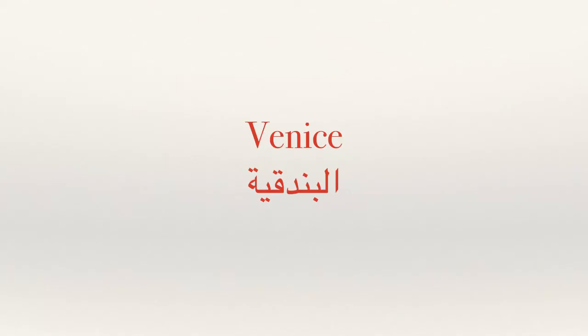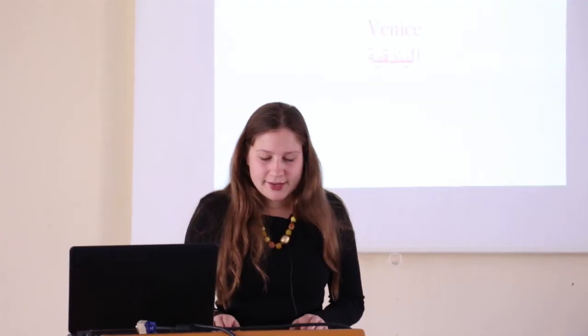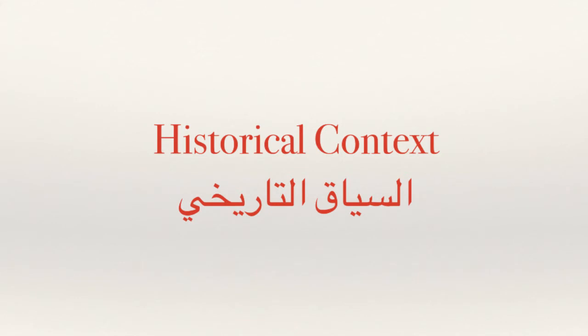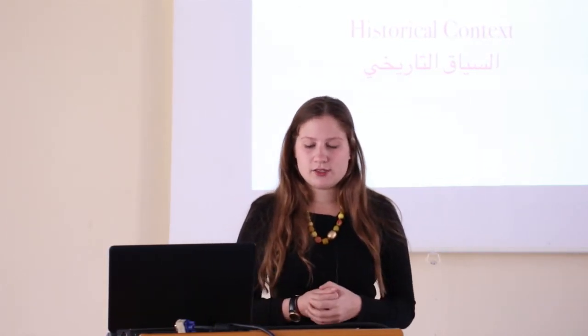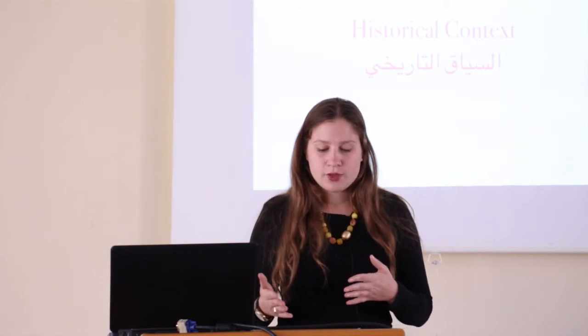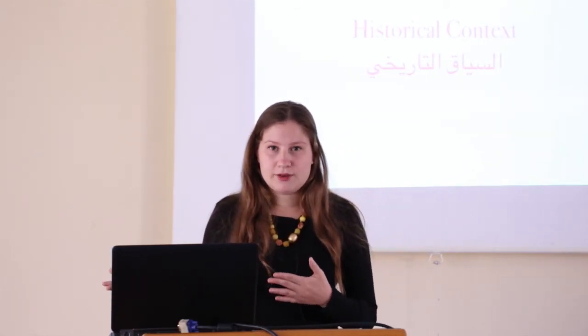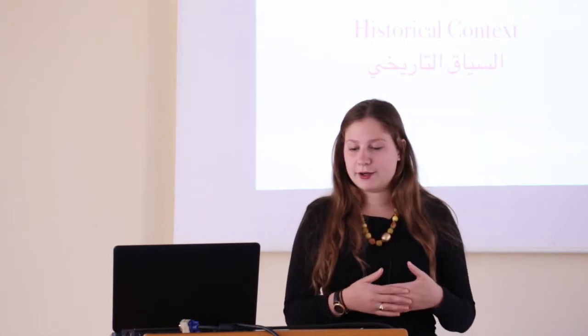Venice, or as it's called in Arabic, البندقية, was a wealthy, independent, republican city-state that heavily depended on the Islamic world. The city's name in Arabic derives from the Venetians' activities as arms dealers, and it's said that they were the first ones to introduce Arabs to firearms. So Venice initially had a very strong political tie and advantageous trade relationships with the Byzantine Empire, just like Sicily. And as the empire gradually gave way to the Islamic caliphates from the 8th century onward, meeting its ultimate demise in the mid-15th century,